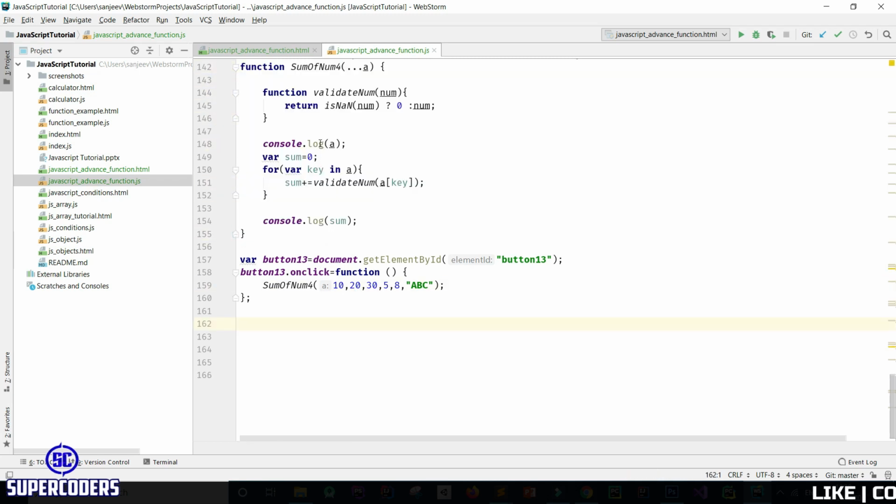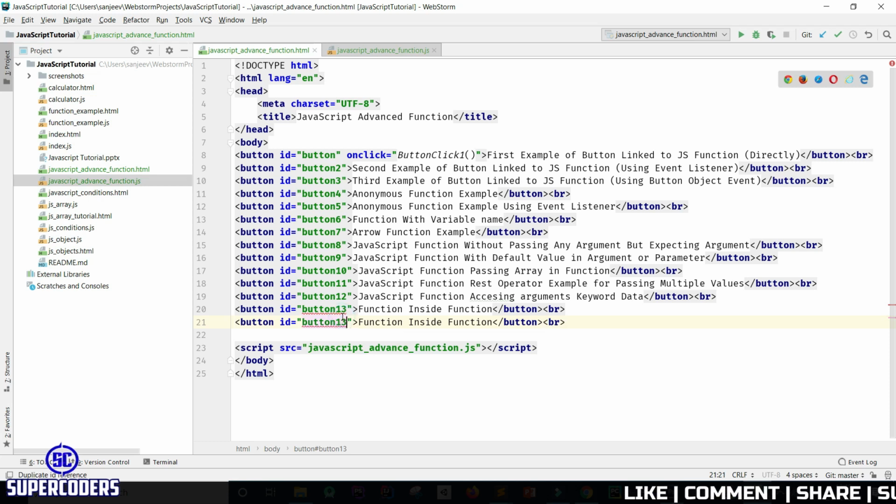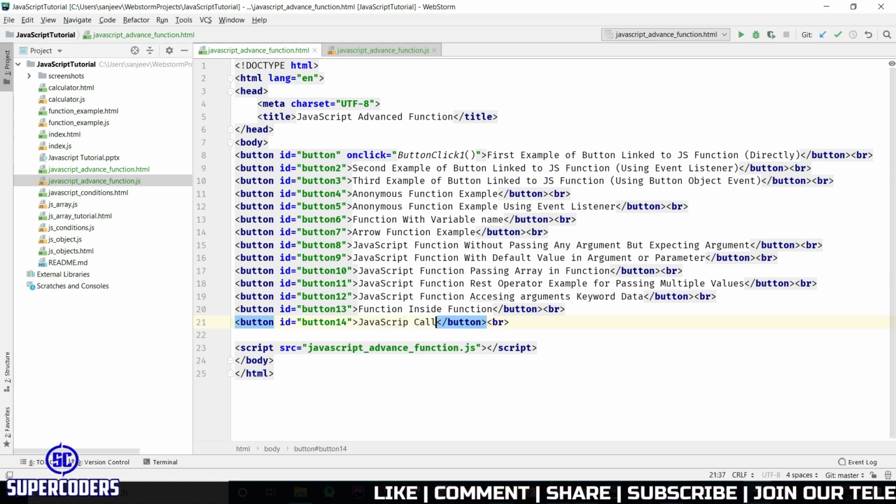Now let's see the last example, which is callback function. So come back here and button 14, JavaScript callback function.